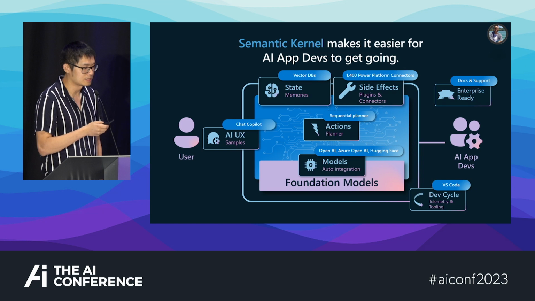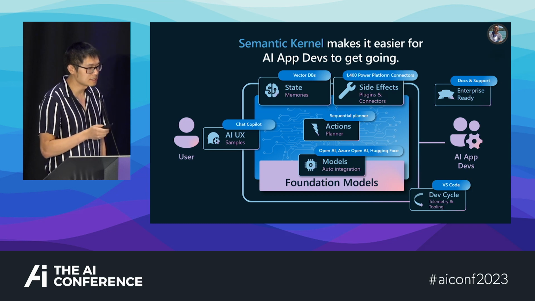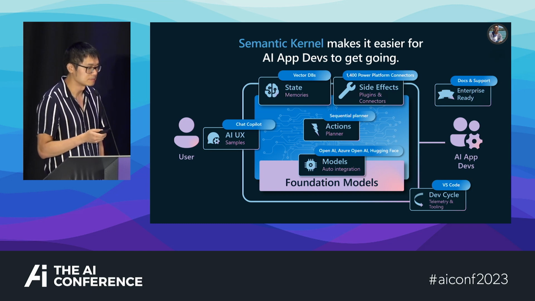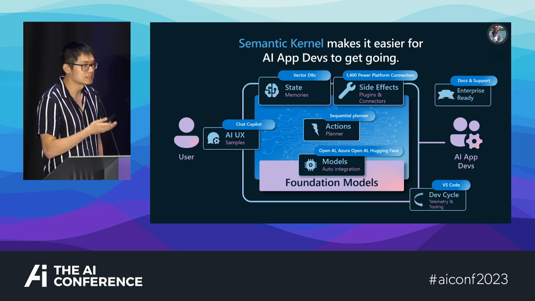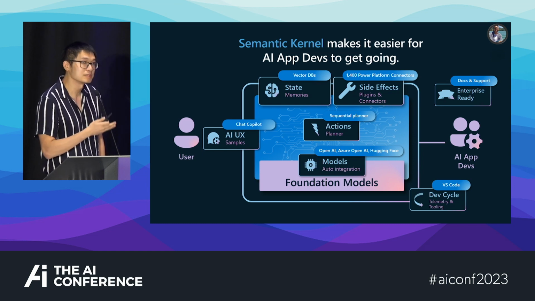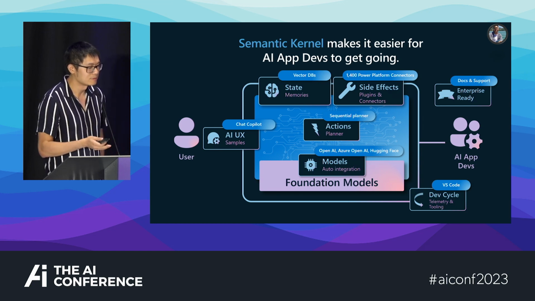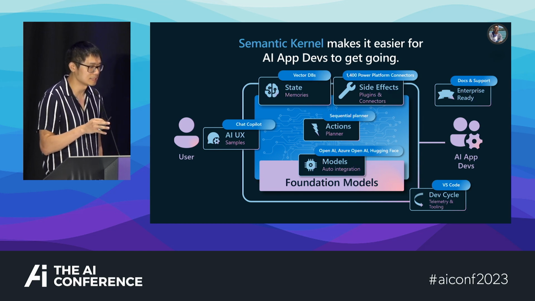GPT-4 really showed off, in particular, its reasoning capabilities to be able to take a user's intent or user's ask or question, and be able to express or show off the steps needed to complete that goal or that ask. So we call that planning, it's wrapped into these abstractions called planners,